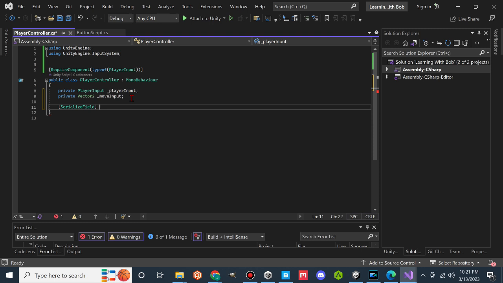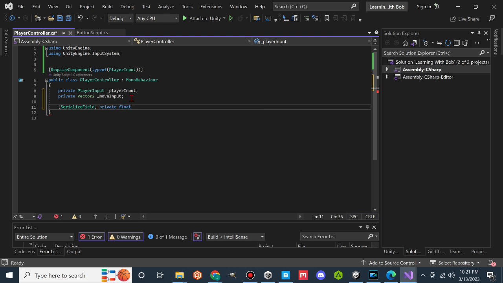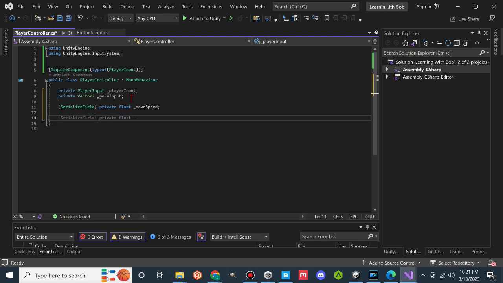And we're going to make it a private float, and call this one move speed. I can't type today. Excellent. All right, and from there we want to pass in a few things. This is going to be pretty much all the variables we're going to need right off the bat. In the awake function, though, which happens before start, we're going to go ahead and do